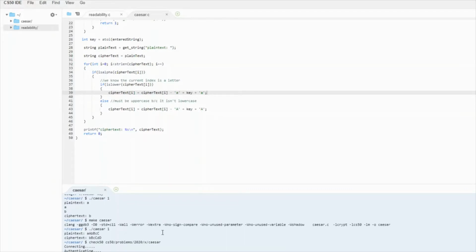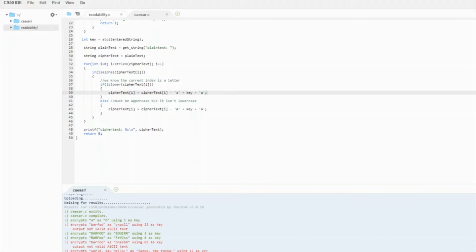As this tests. Cool. So all the stuff, when they enter something less than 26 as a key, seems to work. Anything above 26 seems to break.